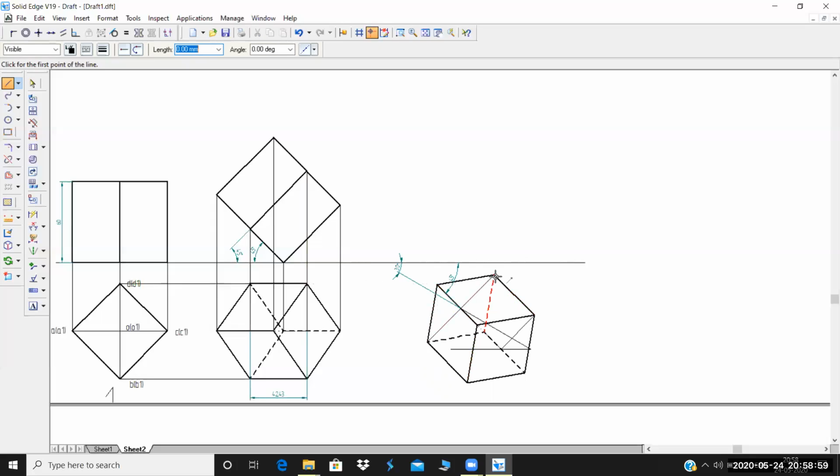I have not denoted any of the letters here, but you have to remember. This particular point is C1. This comes only when you have to name it when you're doing it in your examination. Make sure that you are naming it. Now see, you are not getting a straight line here, so just go for angle, change it to 90. So this is C1, this is A1. I've got two points, C1 and A1. Next is B and D. This is B.